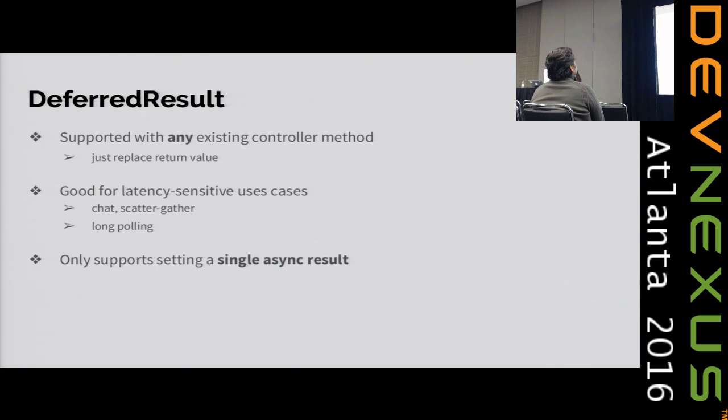Of course, the one catch about the deferred result is that you only set one async result. So you get only one option to set it to something, which is good for long polling. So as soon as you get the result, let's say this is a chat style application, you make a call to the server and you wait until there's a message. And if within the time of the long poll duration, maybe 1 minute, there is a message, you send that back to the client. Then the client makes another long polling request, and you keep doing that, to maintain the